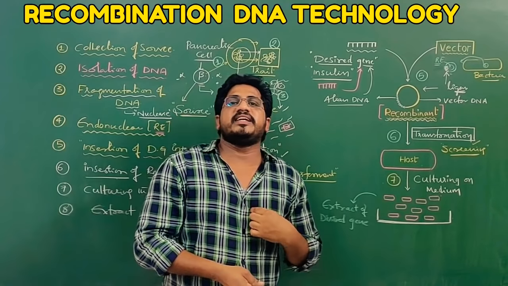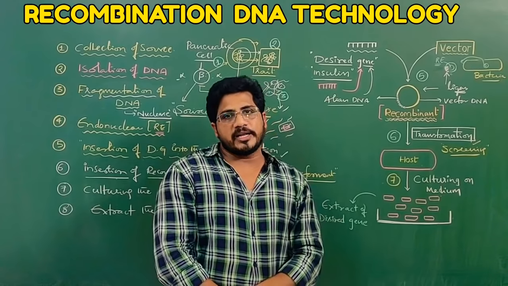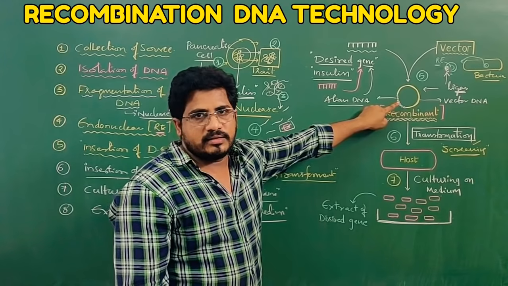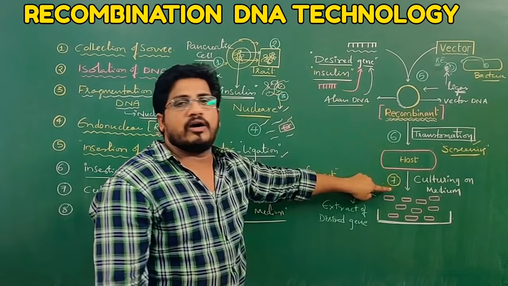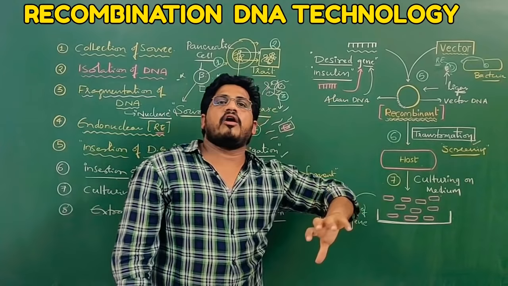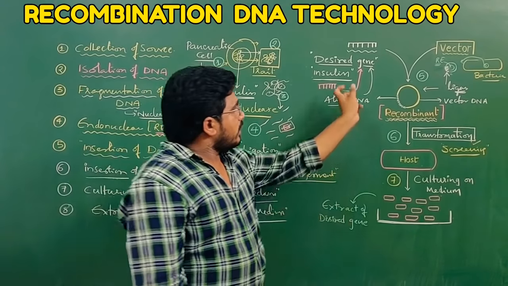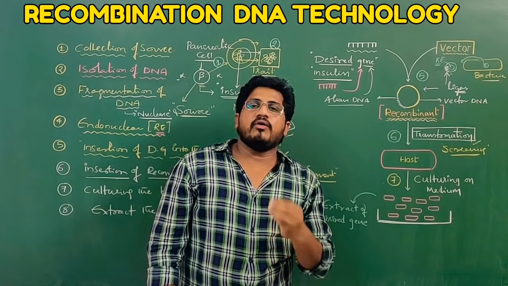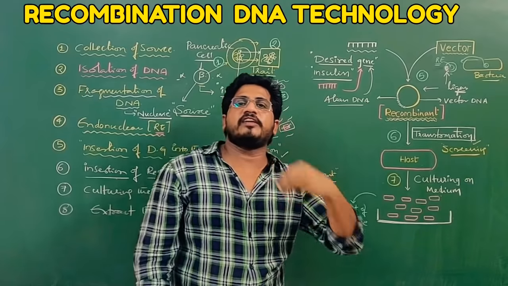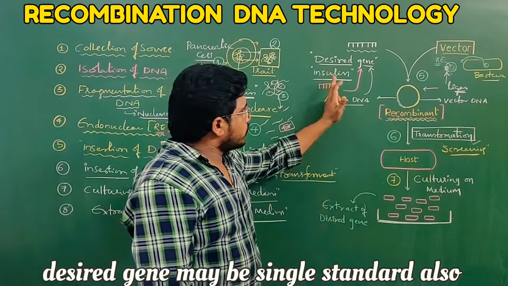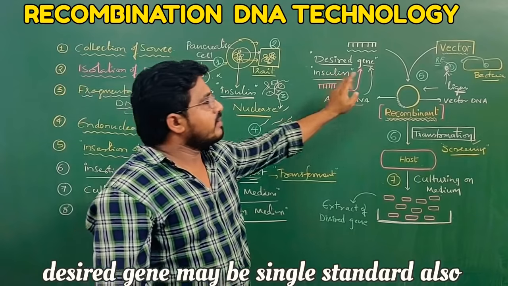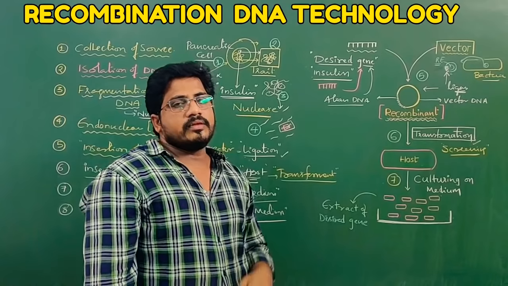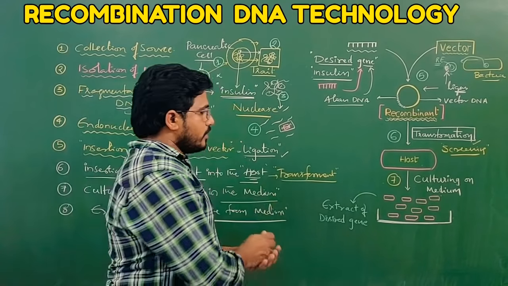Inside the bacteria, our DNA, the desired gene, is also multiplying. If we do not introduce the vector and directly use the gene in the host, that gene cannot multiply. Why? The sequence present in the desired gene may not have an ORI. Without an origin of replication initiation, how will it replicate itself? So to increase the number of the desired gene, we need a vector. Many suitable vectors are there in the biotechnology world, and we can choose.